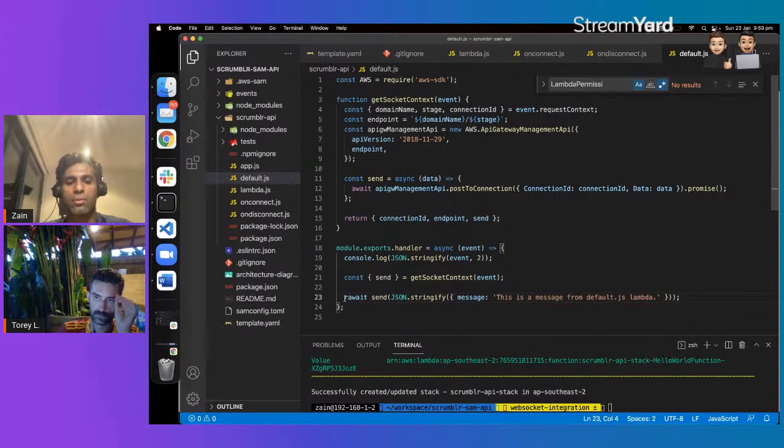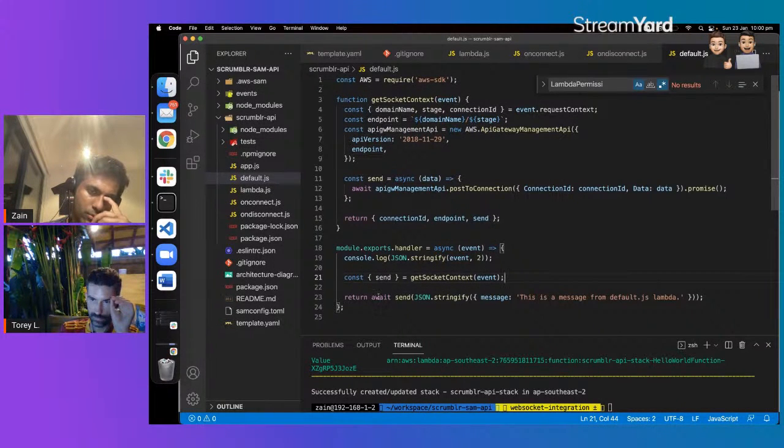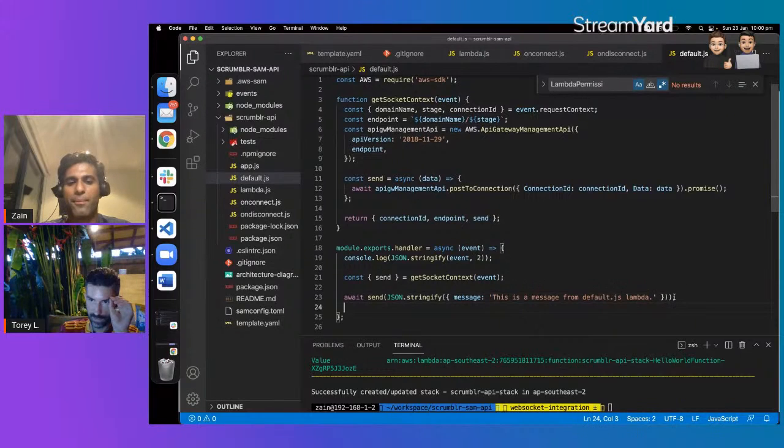So I could do basically this, isn't it? Or status 200. You can make a new line, right? You can await, and just return back a 200 status code.